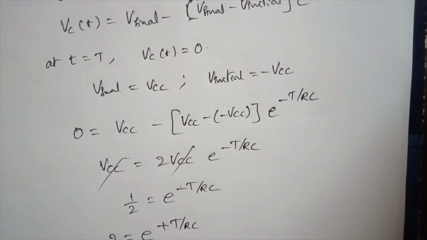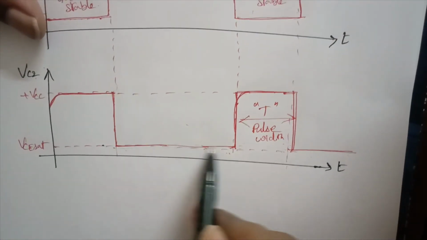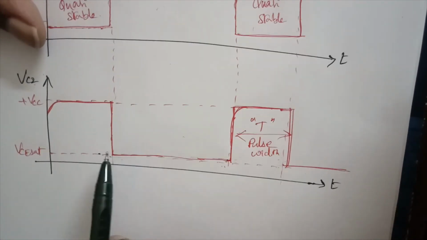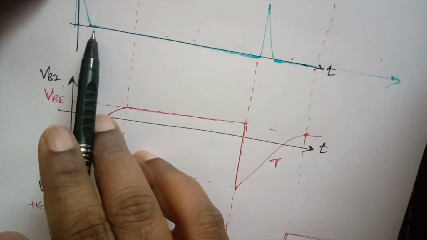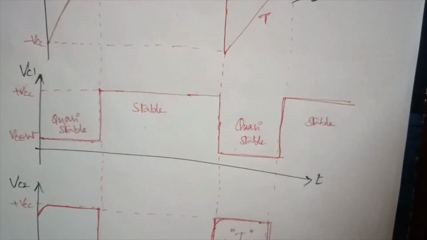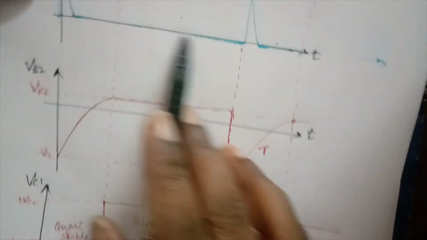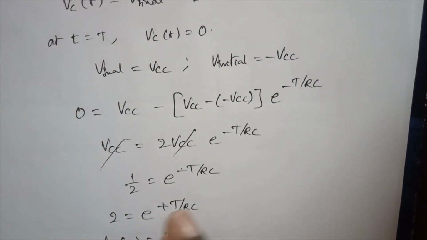And the monostable multivibrator is also called a delay circuit. Why? Because it produces the delay with the help of triggering pulses. In between trigger pulses, we are not getting any change in the output, therefore it is also called a delay circuit. So that is about the monostable multivibrator.